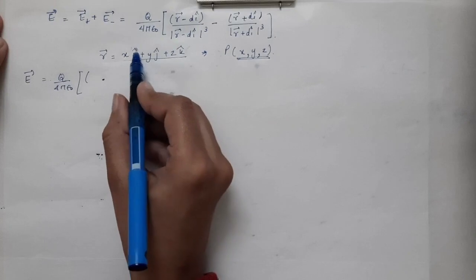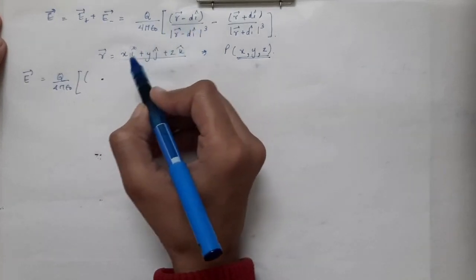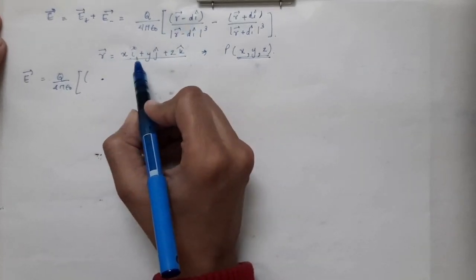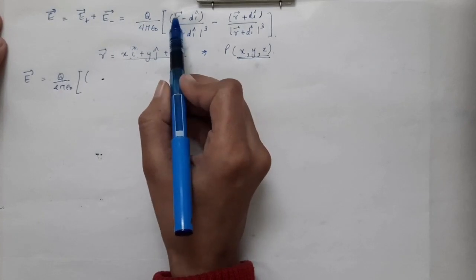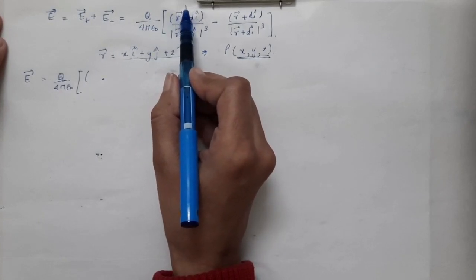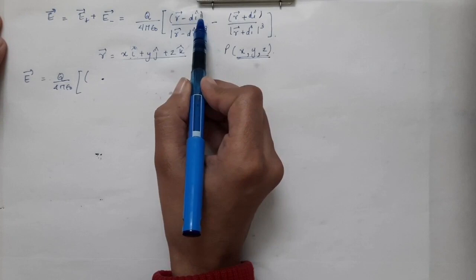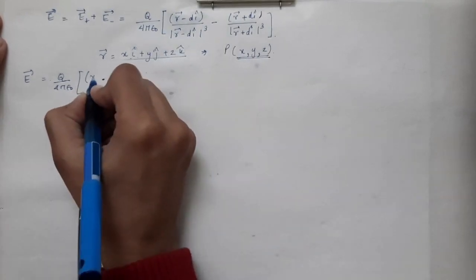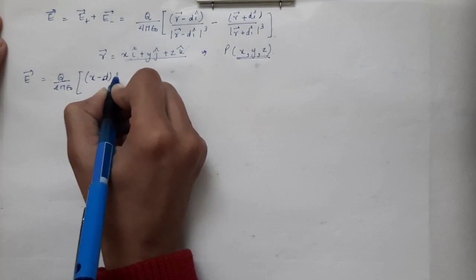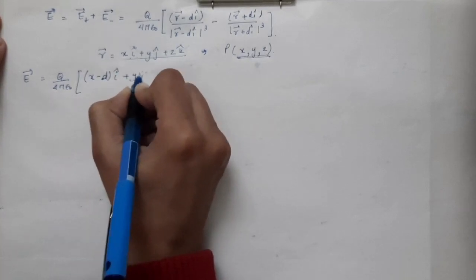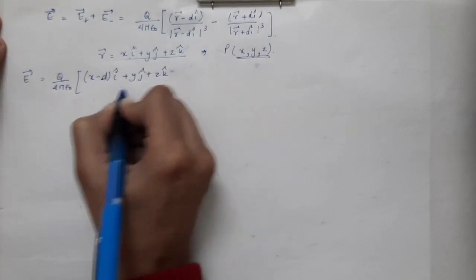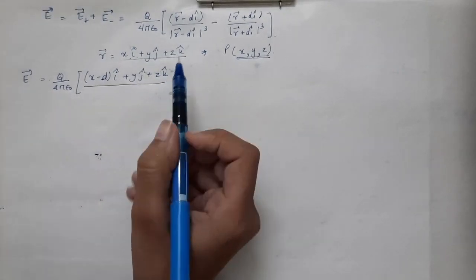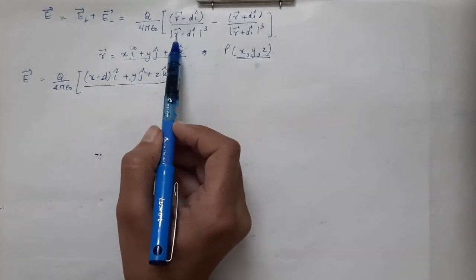So here we have x i cap, and when you insert this expression of r vector, you will get x i cap plus y j cap plus z k cap minus d i cap. So x i cap and minus d i cap can be clubbed, so we can write it as x minus d i cap plus y j cap plus z k cap, and divide by